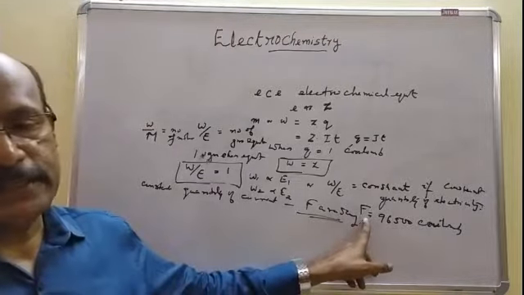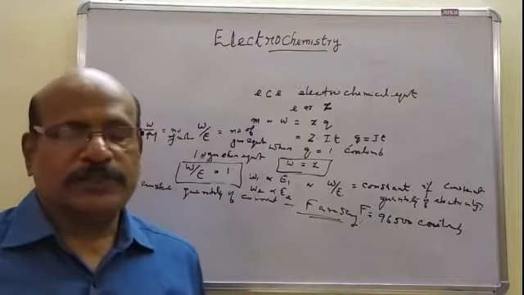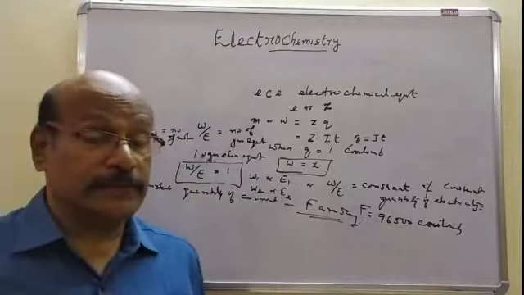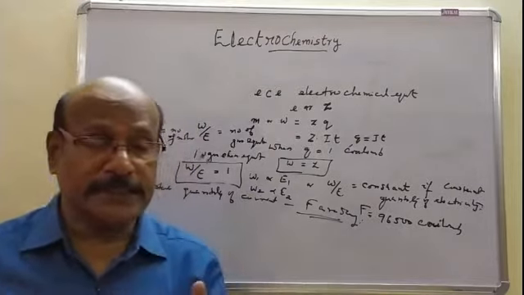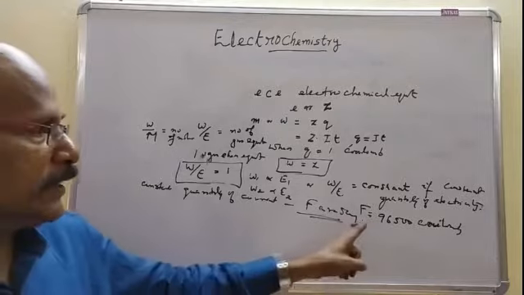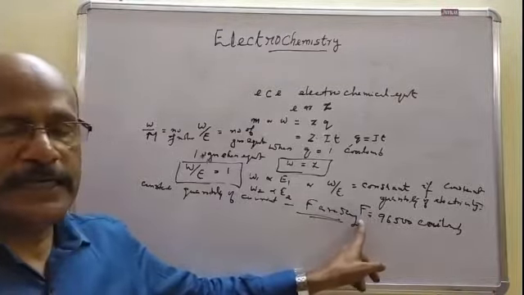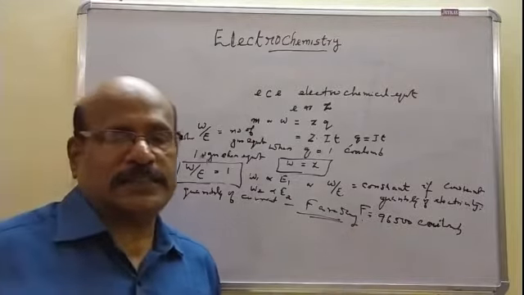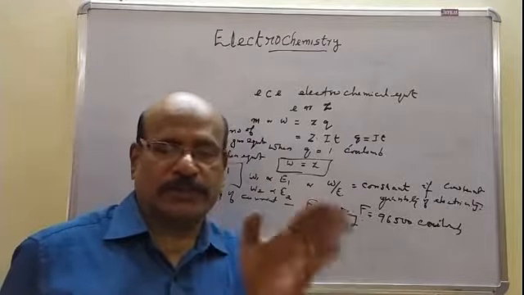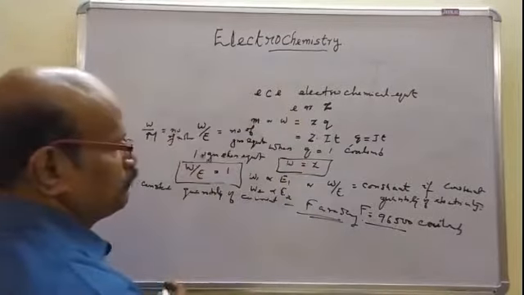So 1 Faraday is defined as, okay, the second important constant that we obtained from the second law is Faraday. It is defined as that constant quantity of current required to liberate or deposit 1 gram equivalent of any material from their solution, or W by E is equal to 1. Therefore, that constant quantity of current is represented by F, and is otherwise called 1 mole of electricity or 1 mole of electron or 1 mole of charge.